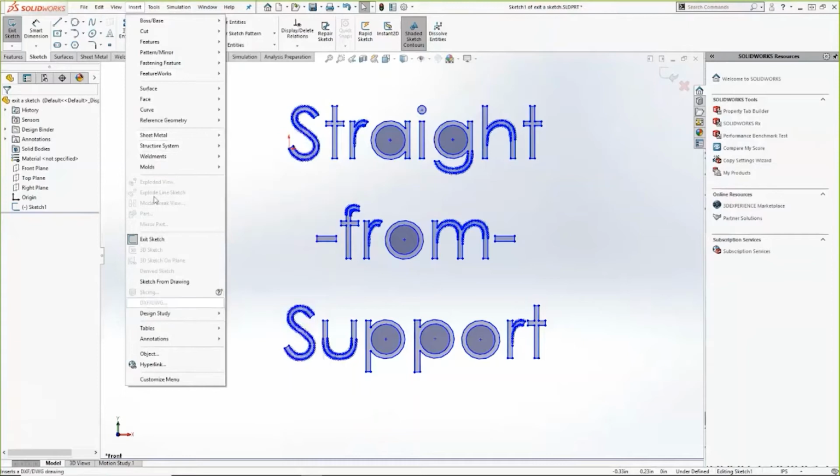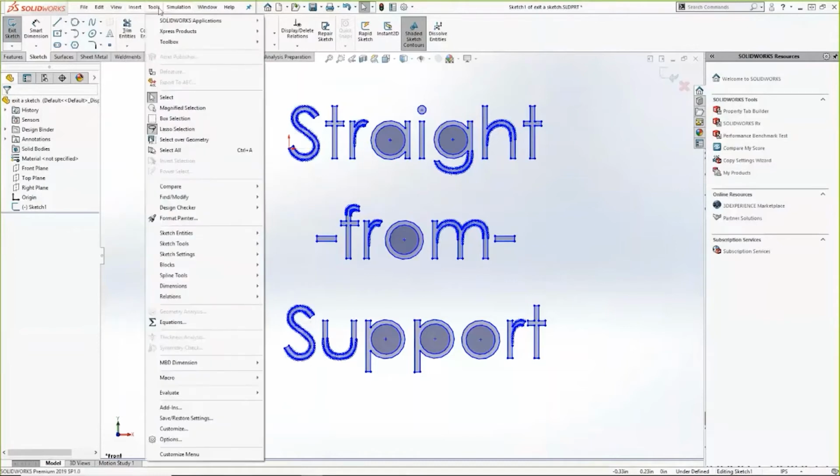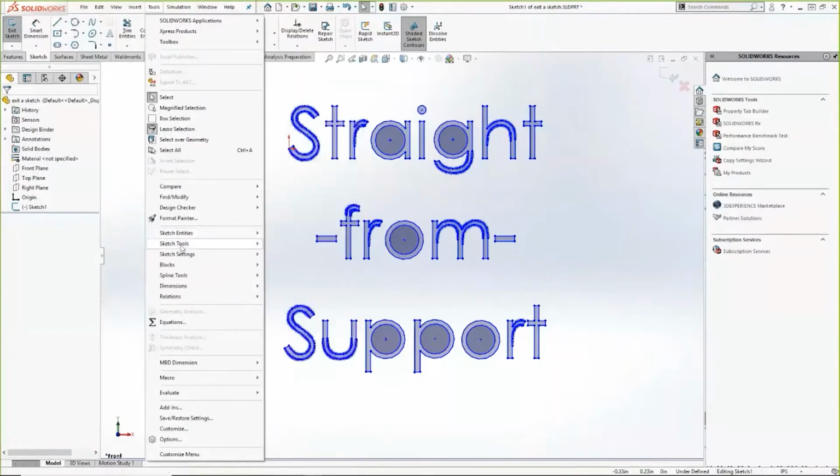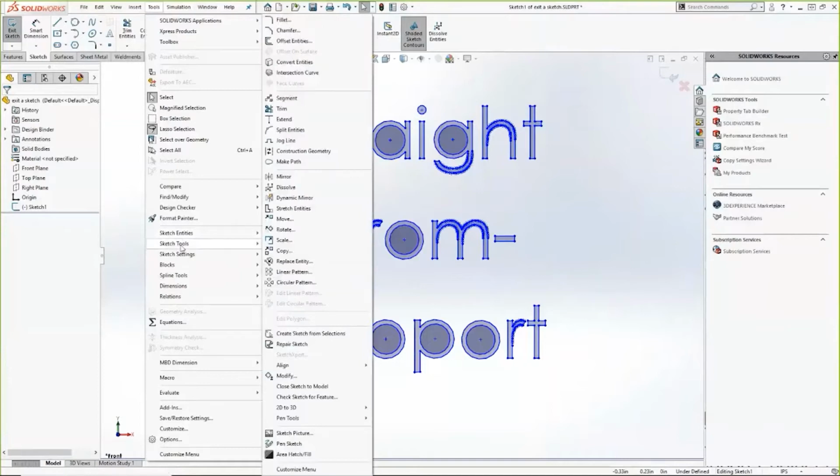So in my insert menu, I can do my boss, my cut, I can do all of those options directly from here. And I also have a few other things, like I can put in tables if I need to. I can go to my tools menu, and this has a lot of sketch tools in it. So for sketch entities, every type of sketch entity that I really would want to have the option is sitting right there. For sketch tools, tools that I normally use with sketch, a little known one is this check sketch